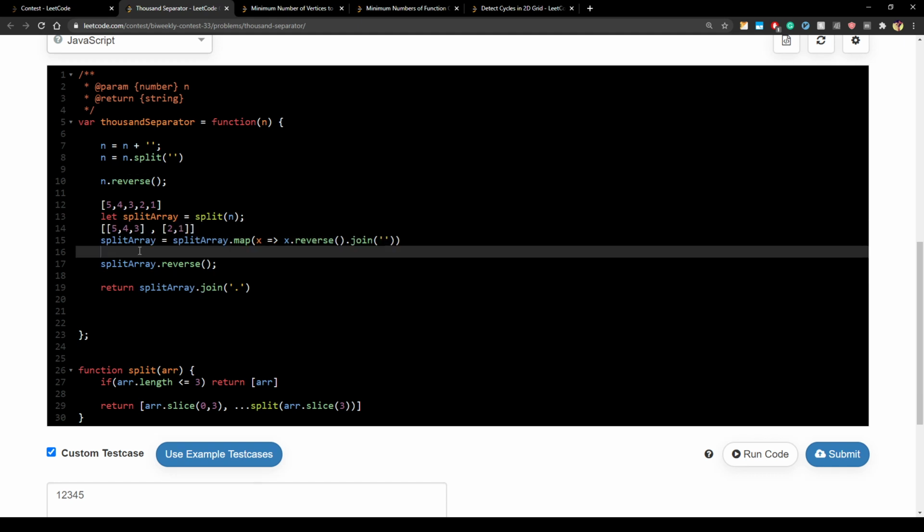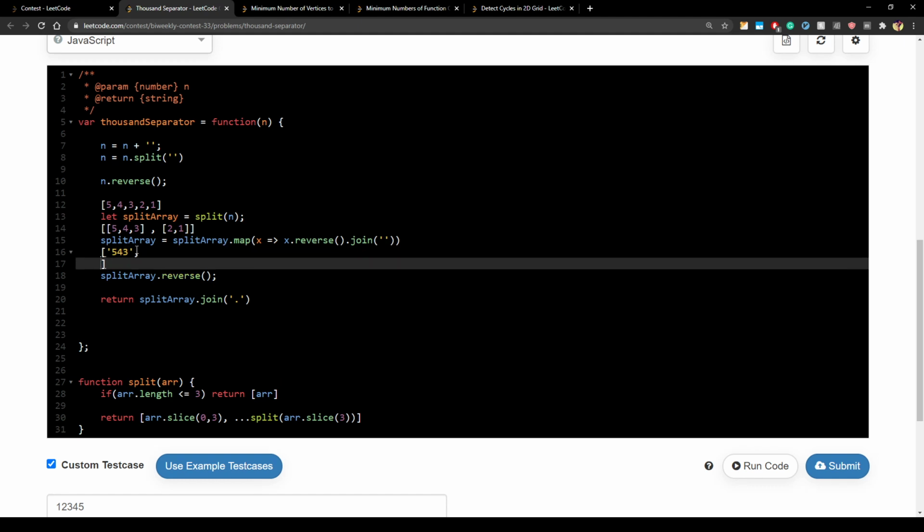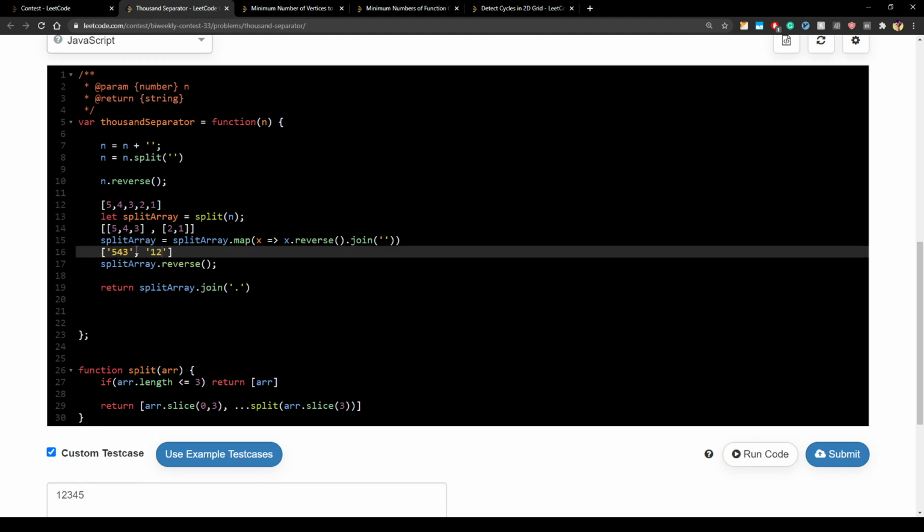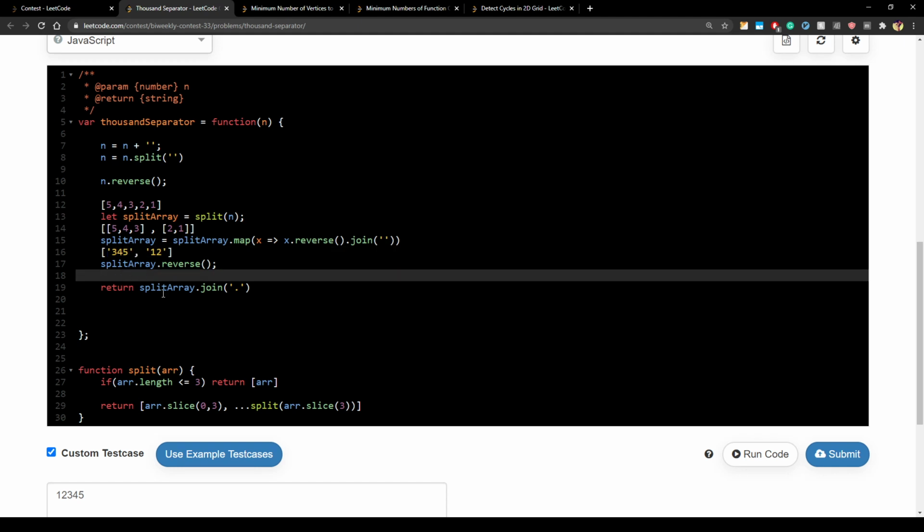So the first one will become 543, and the second one will become 12, because we have reversed it. Then we reverse the complete array, which will become 12, and then 345, right? And this is the answer, 12.345.